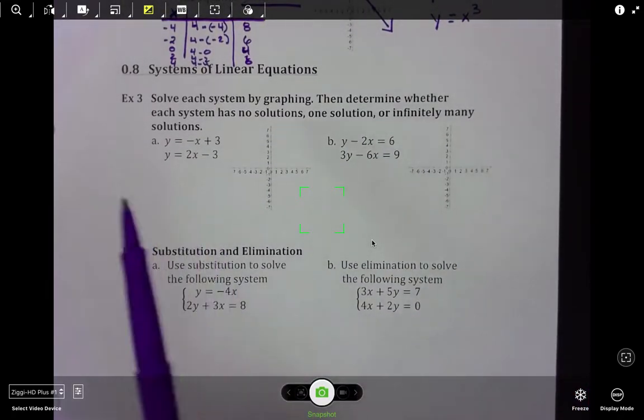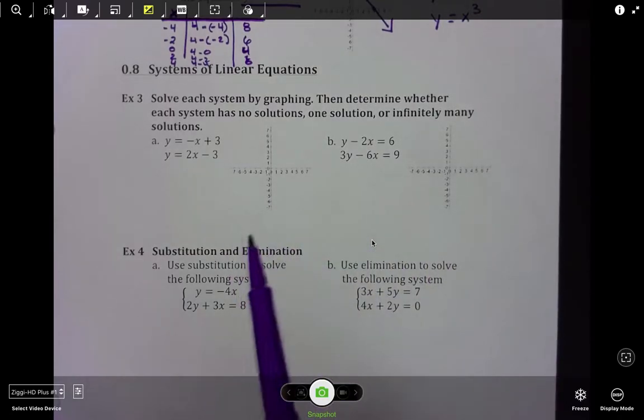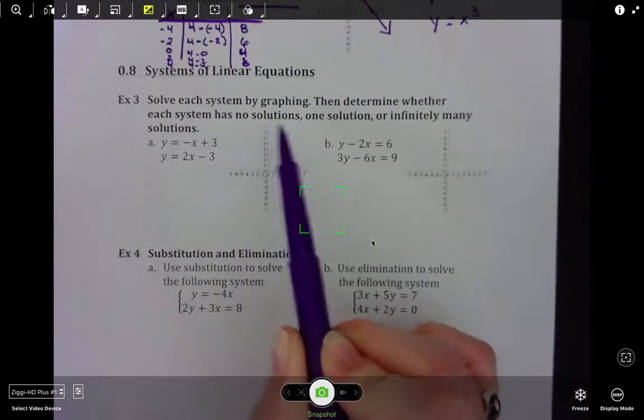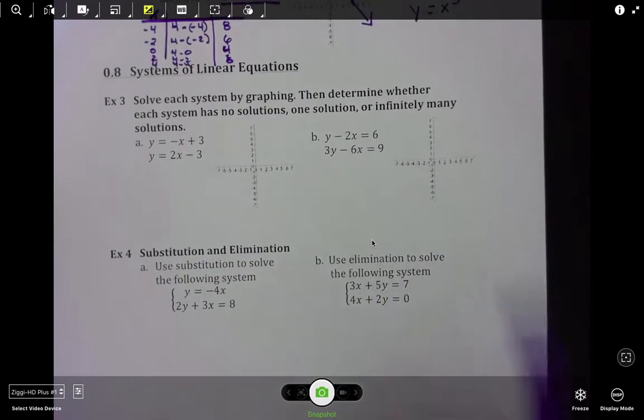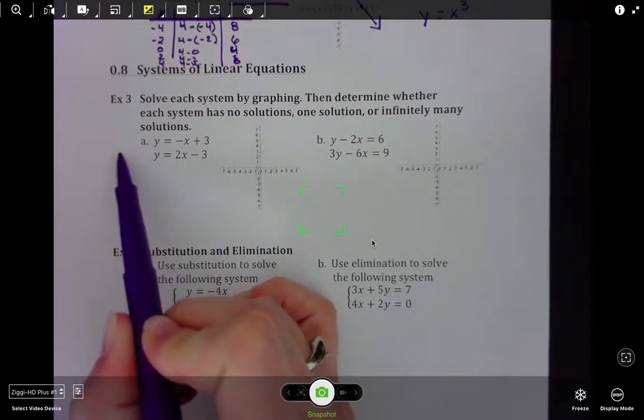Example 3 is just graphing, and example 4 is using substitution and elimination. So in example 3, they want you to graph, and then we have to determine whether there's no solutions, one solution, or infinitely many solutions for each one of these. And I'll explain what that means here in just a second. But for part A,